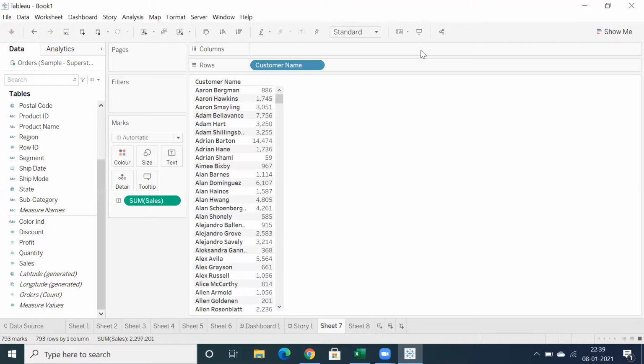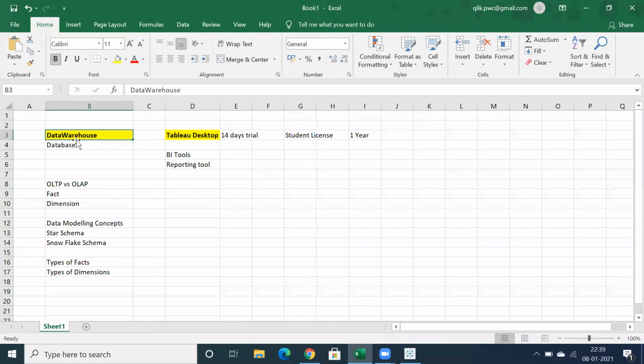So what we need to start with is to first install Tableau. From there, it will be easy for us. Initially, I will go through the data warehouse concepts. It might take, as I said, 3 to 4 days to complete data warehouse. Then we can start with Tableau.